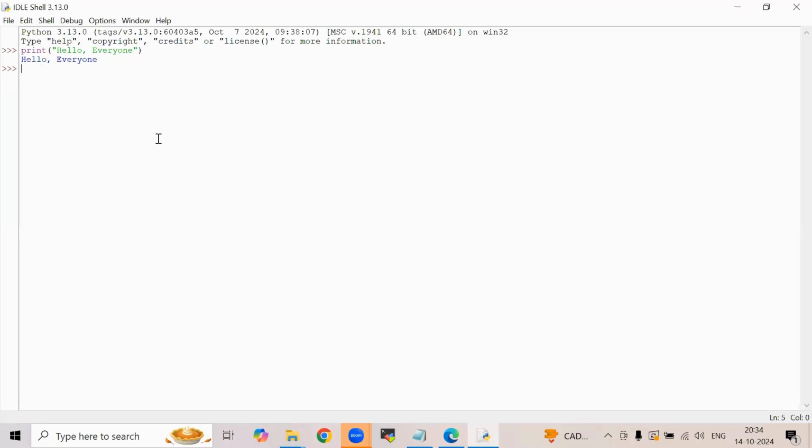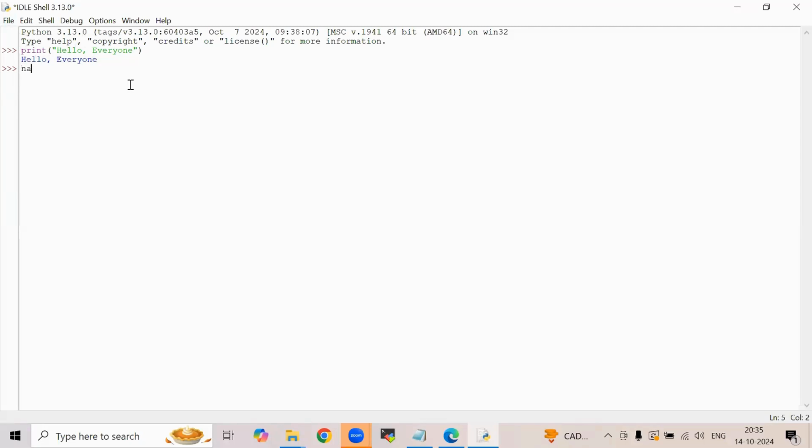Then come here. Now, there is a function called input. What this input function will do is get the input from the user. Now let us suppose I want to print your name.